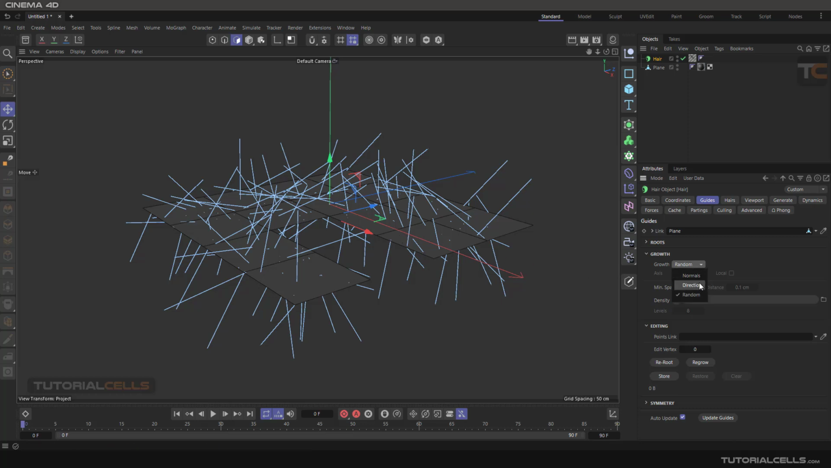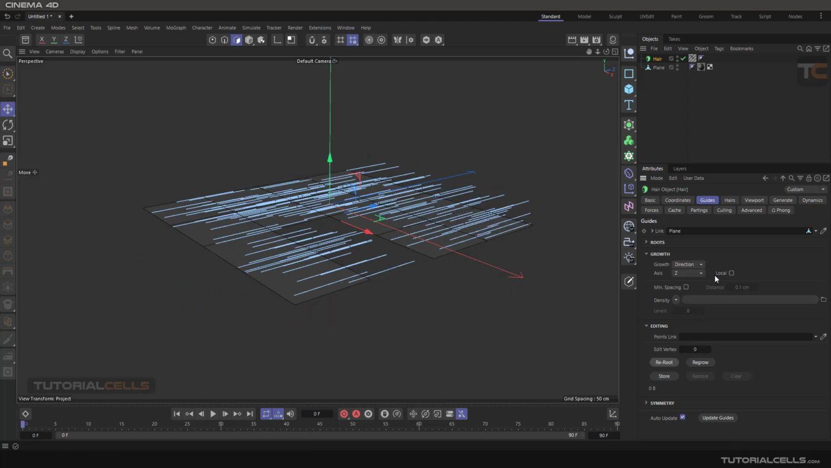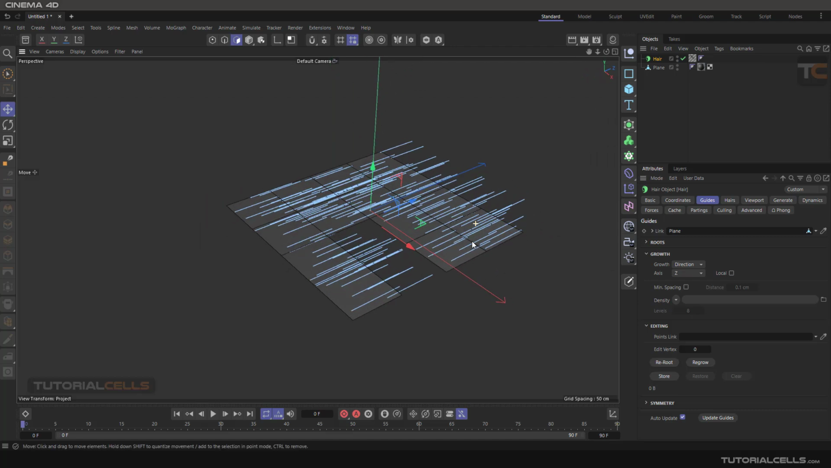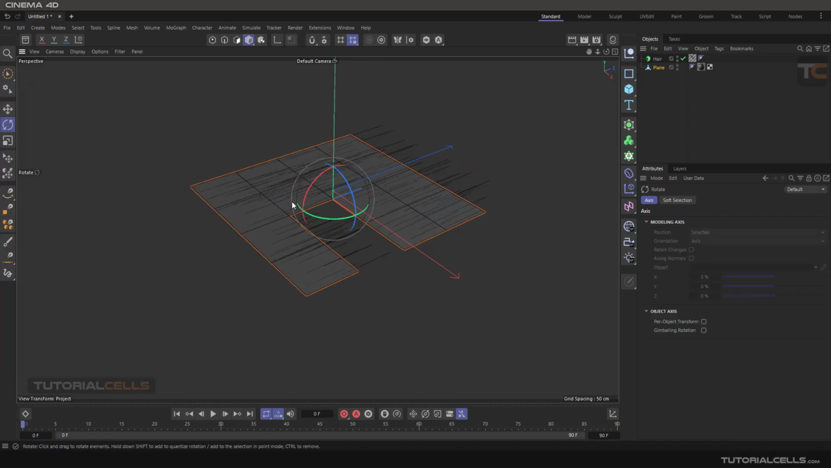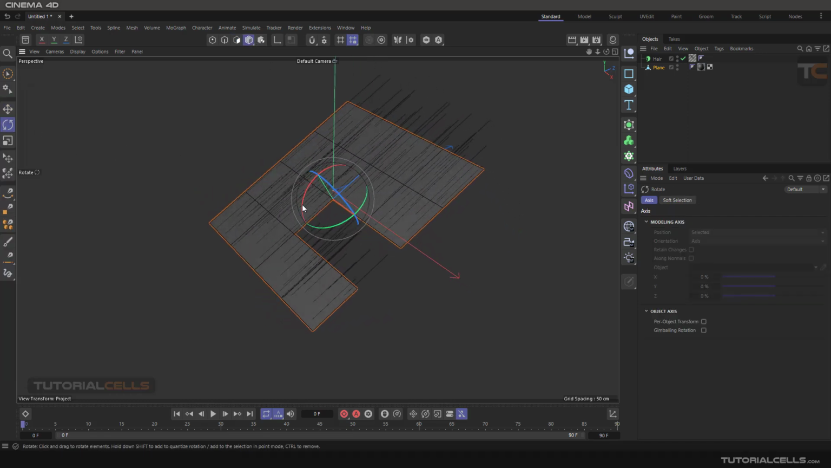For example, if you go to the direction, regrow and then reroute, it's if you make it local, it's in the world. If you go to the plane in model mode and change the direction of your plane